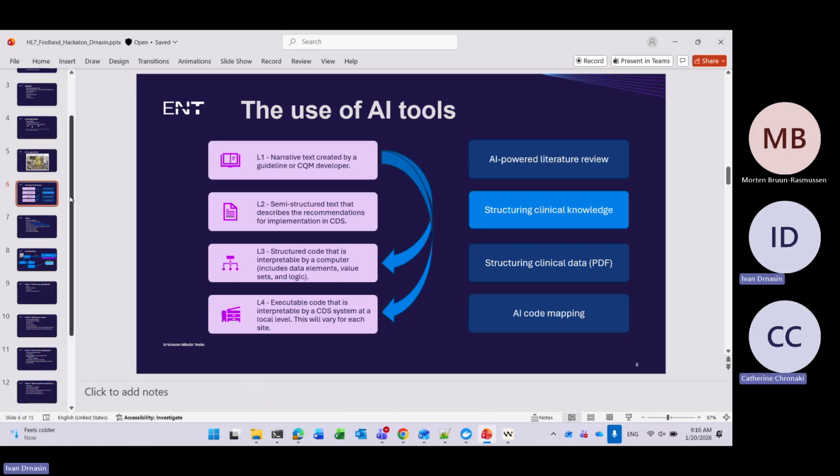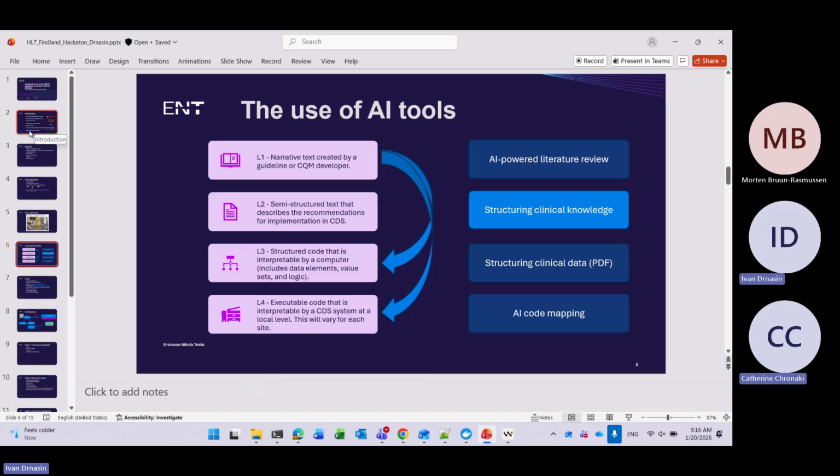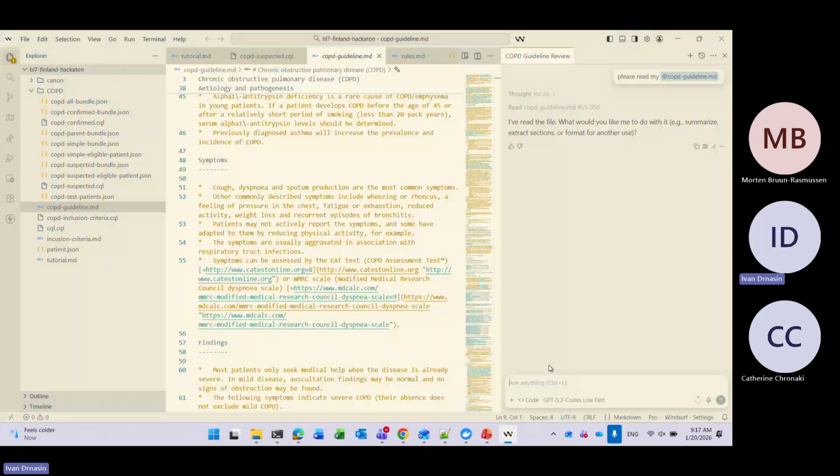So why all of this? Because we are using AI for different kinds of stuff. Yesterday, when I talked with colleagues in the other room, people at the hackathon are using AI tools, and it's much faster. So AI really works nicely with code and with textual stuff. And a guideline is nothing else but textual code that can be molded by a model.